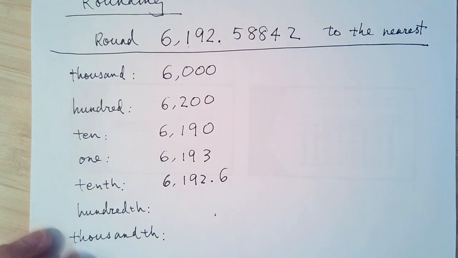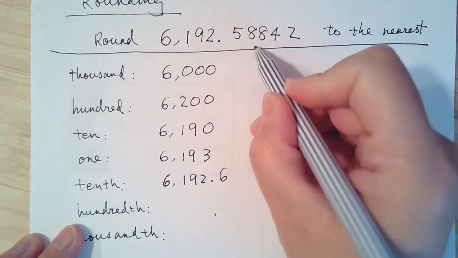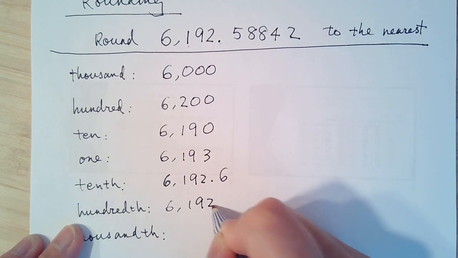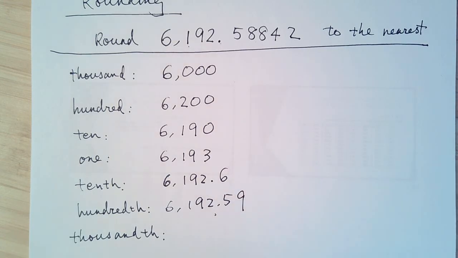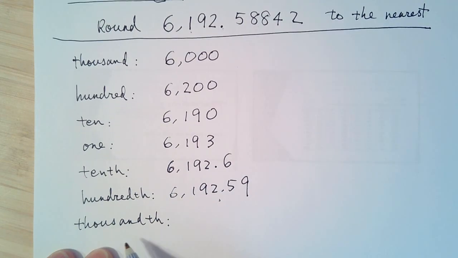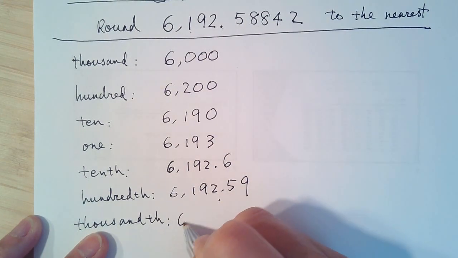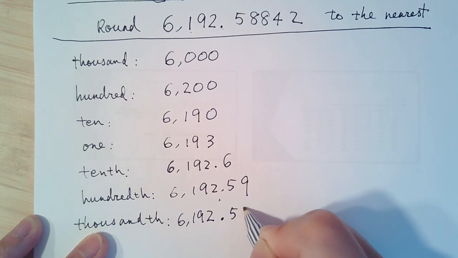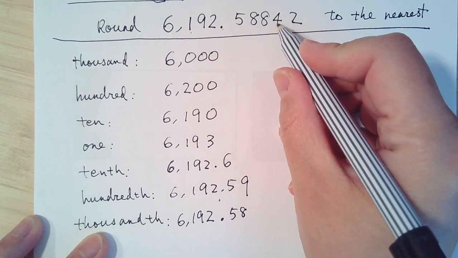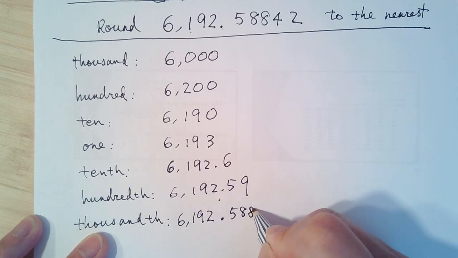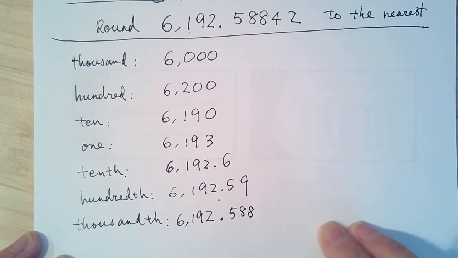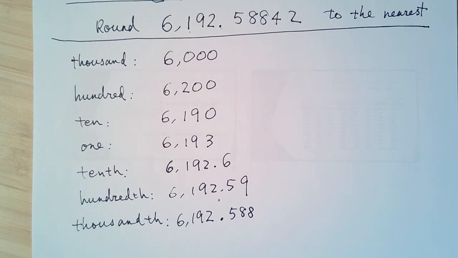6,192.6. Got the answer? All right, now hundreds, which is here. So that's going to be 6,192.59. And the very last one, thousands, is going to be 6,192.58. Here's a 4, so it'll be gone, and then that's 8. So that's your answer. Now, if you look at this, you're going to see how we round an exact